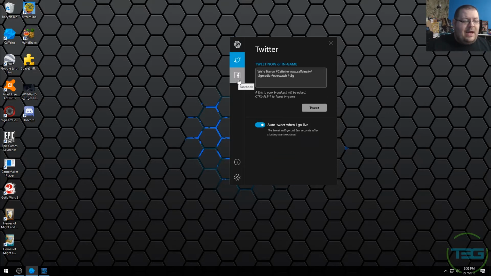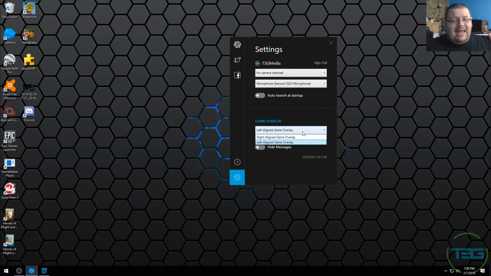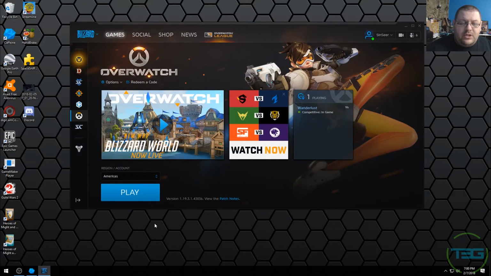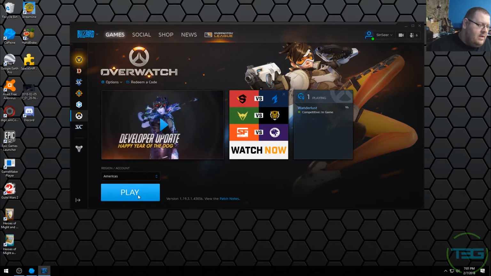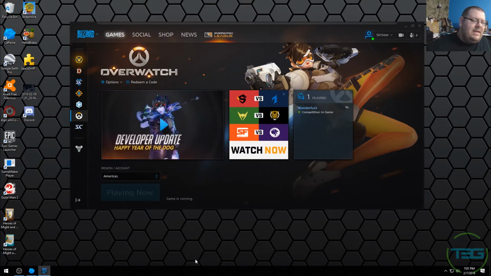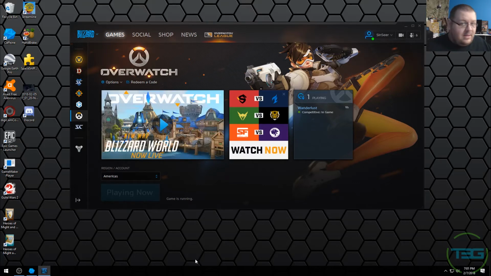This is to allow instant posting, and that's kind of nice because then if you do have a following, as soon as you go live, it tweets and you're good to go. Now you do have a little bit of an option. You can have your left-handed or right-handed overlay, and then you can also hide messages as well. So the cool thing is, we're going to toss this off to the side here, and we're going to launch a game. Now what I want to do here is launch the game first. You can start the broadcast and it'll pick up your camera right away. However, I'm going to hit play. And then once the game actually opens up, it'll give you an overlay and say, hey, this game can go.